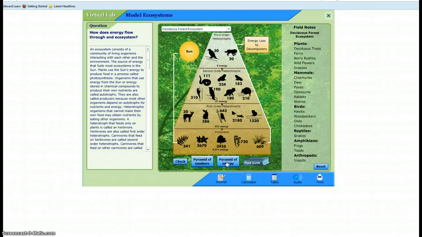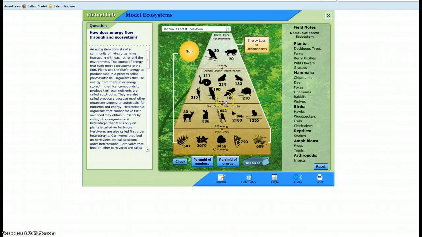And so if we look at energy, now we're looking at units of energy, 6,600, 61, and 6. Oh, so look at what happens. If this was 1,000, this is 100. 90% is lost. If this is 100, this is 10. 90% is lost. If this is 10, this is 6. 90% is lost. In most trophic pyramids, if we consider the energy that's transferred between levels, at each stage we